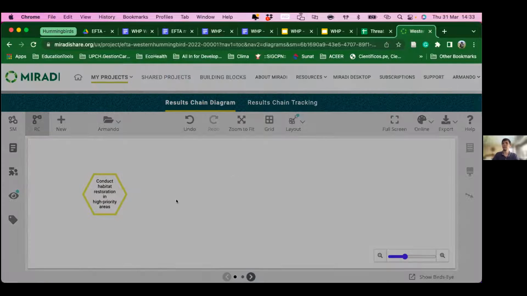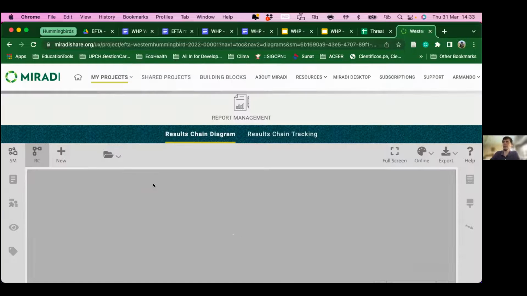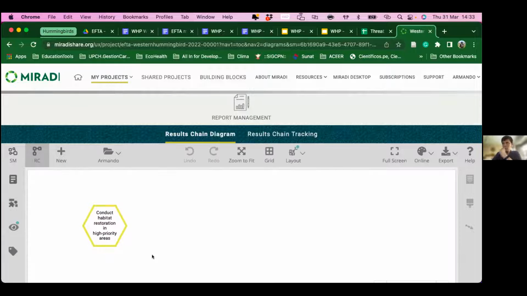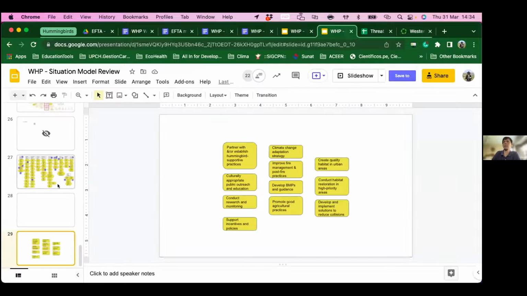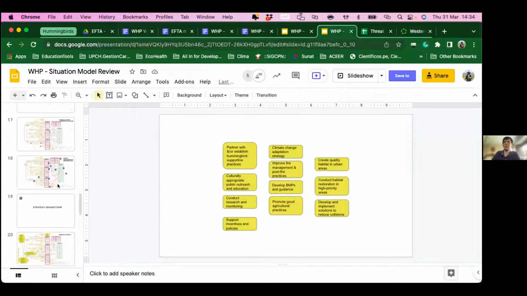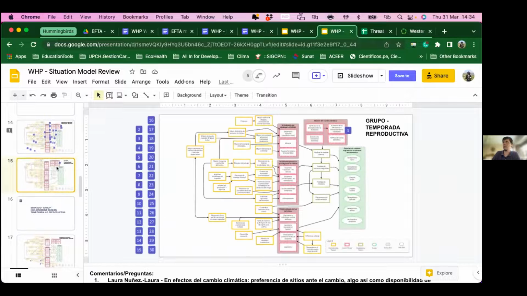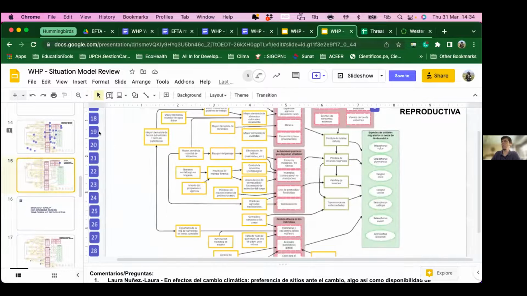Okay. So we're going to conduct habitat restoration in high priority areas. That's the idea, that's the strategy. You can see it here in yellow, a yellow hexagon. And this addresses several of the threats that we were looking at in the presentation. Let me get to the presentation. So when we look at conduct habitat restoration, we're trying to reduce